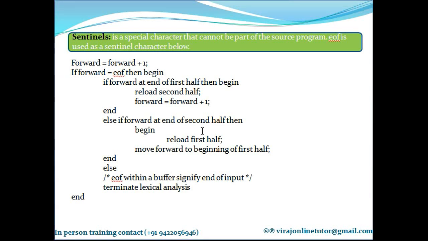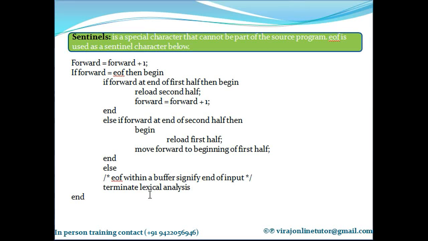So we load the first half with new data and move forward to the beginning of the first half, so that it can start processing the characters from the newly loaded first half buffer. Else, that means EOF is found somewhere in the buffer, meaning your actual program is done. So you terminate the lexical analysis.